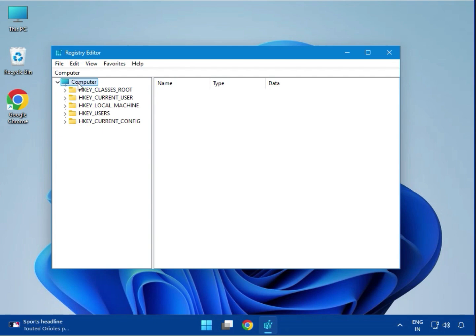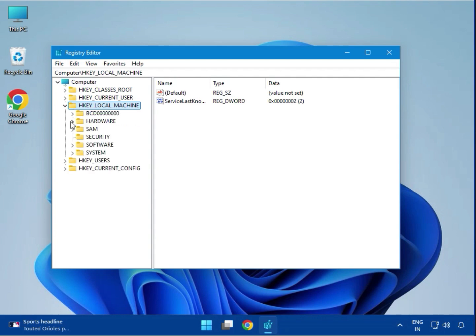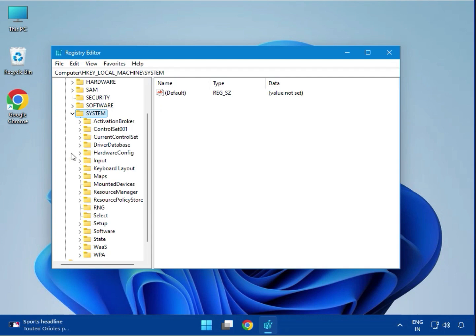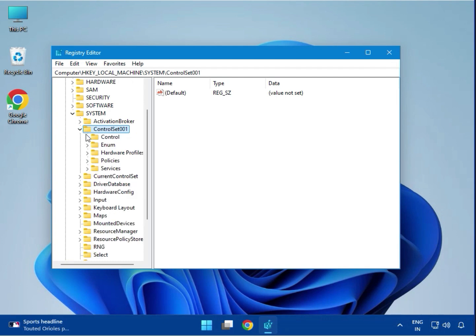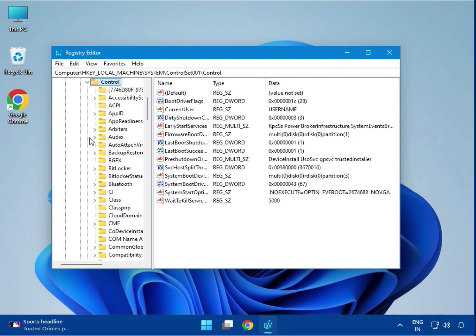So first Computer, then Local Machine, extract, then System, and then ControlSet001, this one, extract, then Control, then Class,